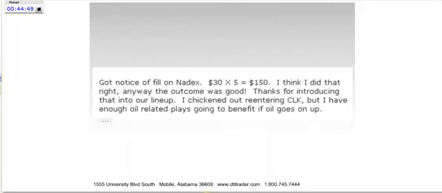That's the value of Nadex. Yeah, here's a guy that did 5 contracts. He made 150 bucks. He said, thanks for introducing that in the lineup. I also told him to get long crude oil. That went higher, but he didn't do that one. But anyway,